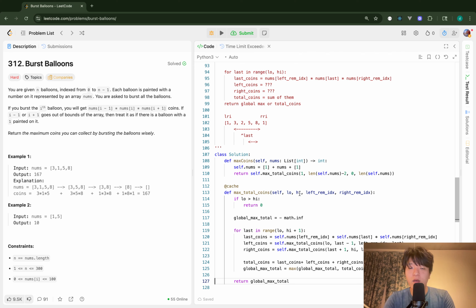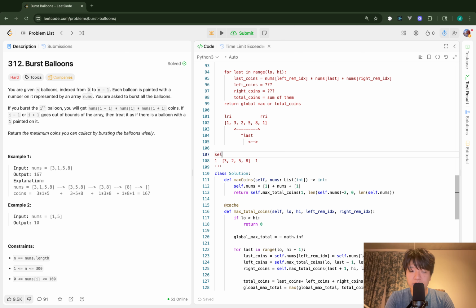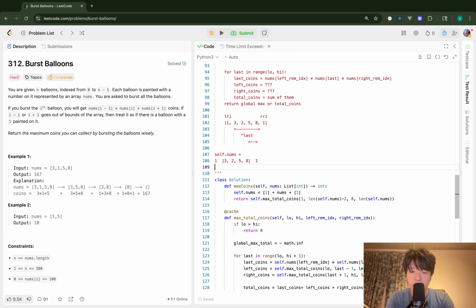Let me work through my code with a small example. Maybe I don't completely work through until the end, but I think taking a look at a few recursive function calls will make our understanding clearer. So I will take a look. Let's think, given nums is 3, 2, 5, 8. In that case, self.nums becomes like this. Then in line 113,